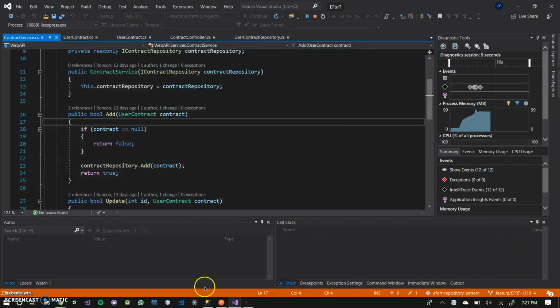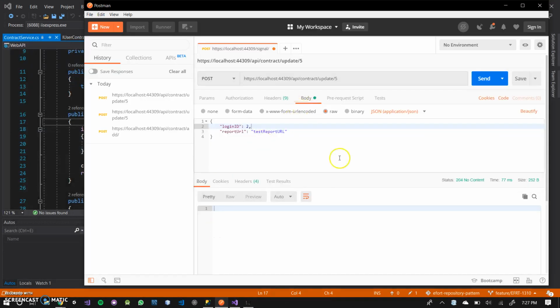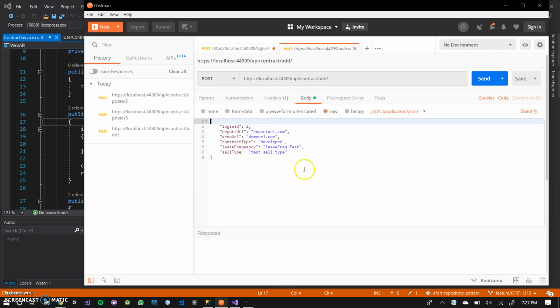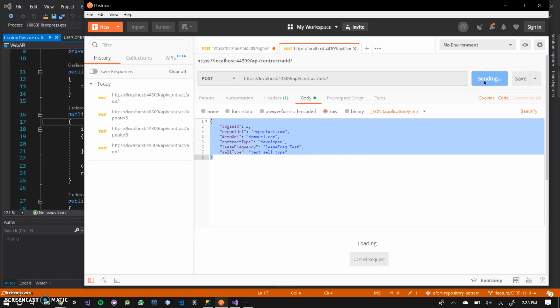Okay, so now that the web API is running, I can minimize this, go back to Postman, and if I want to add, I can just change add. We don't need an ID since we're not updating. And well, actually I have an add here saved. Yeah, perfect. So this is what I'm going to be sending to the web API, the parameters to save to the database. So once I send this,